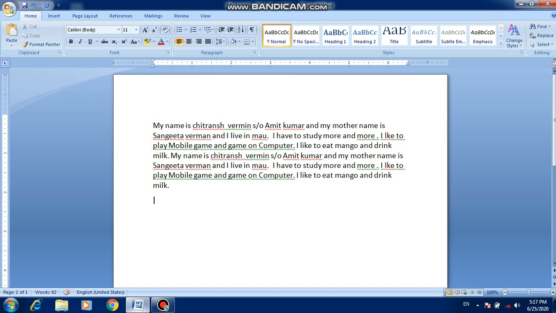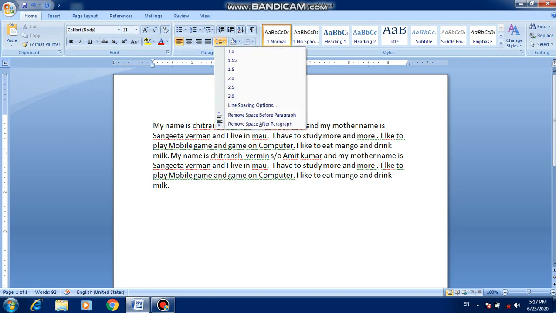Line spacing is the vertical space between two adjacent lines of a paragraph. To apply line spacing, you have to click on the Home tab and in the Paragraph group click on the line spacing option.